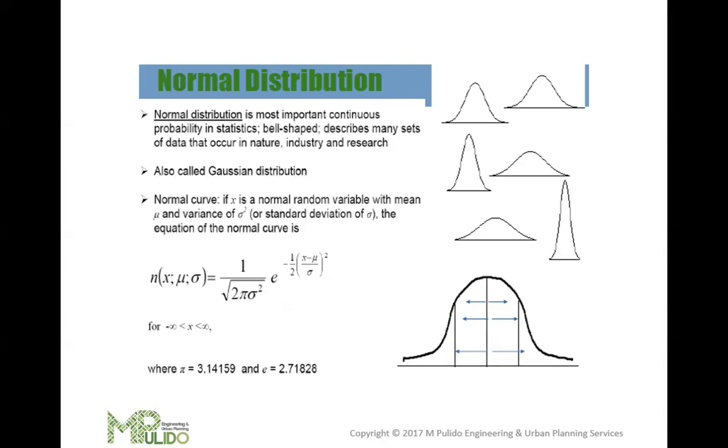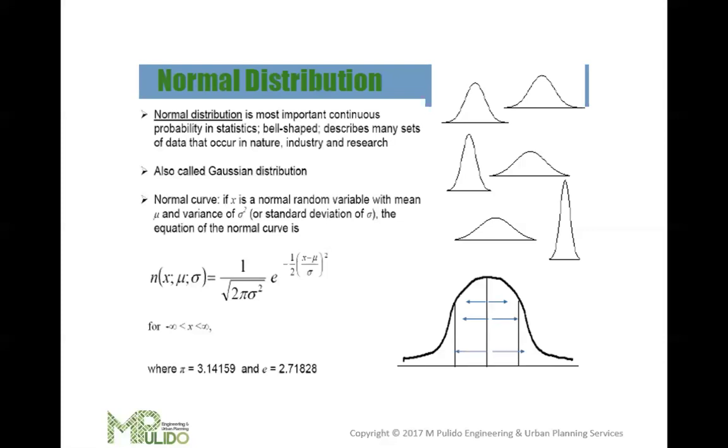Symmetry means that the normal distribution is symmetric around its mean. And the bell-shaped curve, what does it mean? It is highest at the mean and tapers off as you move away from the mean. In a perfect normal distribution, the mean, median, and mode are all equal. And when you say asymptotic, the tails of the normal distribution approach the horizontal axis but never touch it. So you can see all those descriptions there.